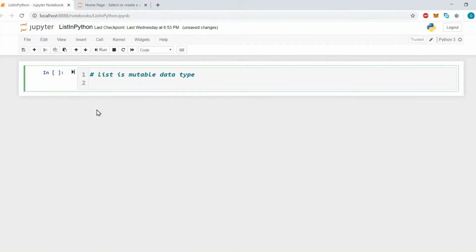Now let's discuss how to declare a list. Let's take a list variable L1 equals to, in square brackets, 1, 2, 3, 4, 5, "hi", 3.14, True, then 3 plus 4j, "x".